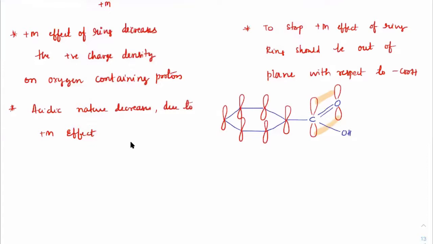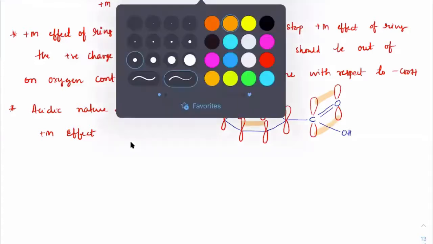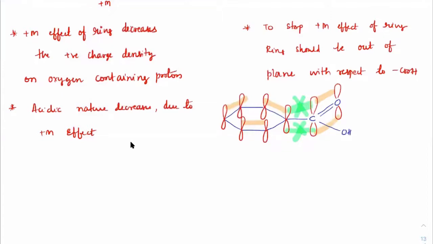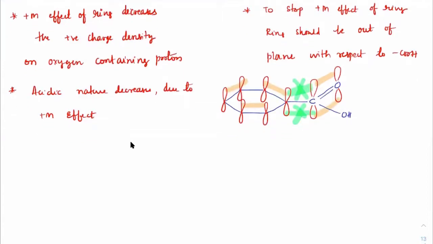So our objective is what, Beta? The resonance which is happening this way in a canonical of a benzene, this resonance is trying to happen on this side also, like this. And we want to avoid this. We want to stop this resonance from happening. So one way of doing that is to make sure both of these pi bonds become perpendicular or they are not parallel to each other. So how can we do that? How can we make something parallel to that?